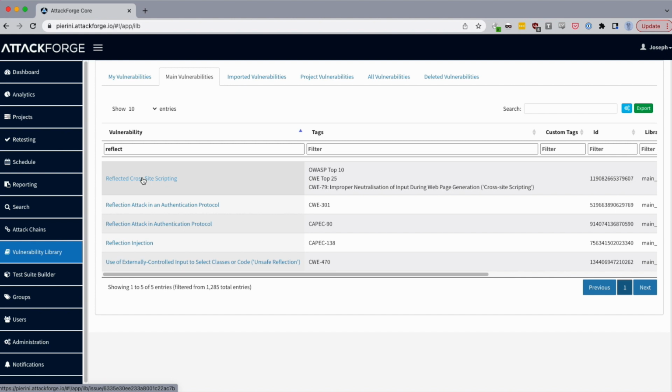Already in there. Now, what's nice about this, first off, is just having your vulnerabilities already written up and ready to go, but everybody's using the same vulnerability. And I've had in practices where each one of the operators had their own kit, and in that kit, they had all of their vulnerability descriptions for when they were writing the reports. And that's great, but then we could have reflected cross-site scripting, we could have reflective cross-site scripting, we could have reflected XSS, we could have the same vulnerability